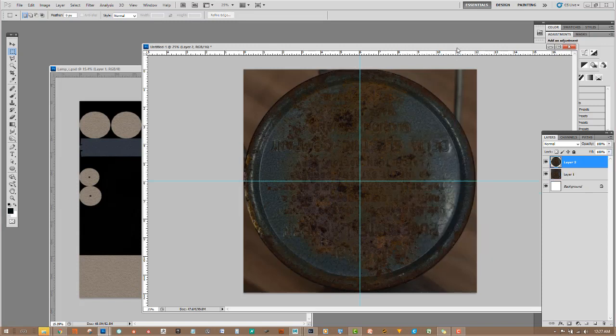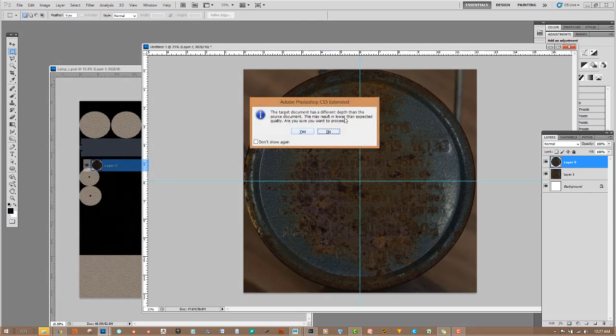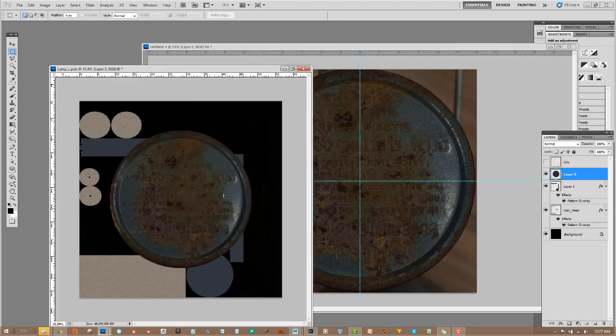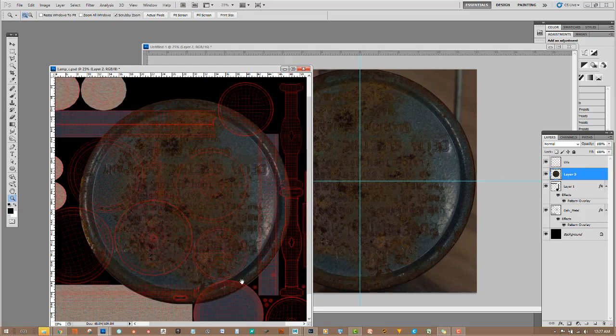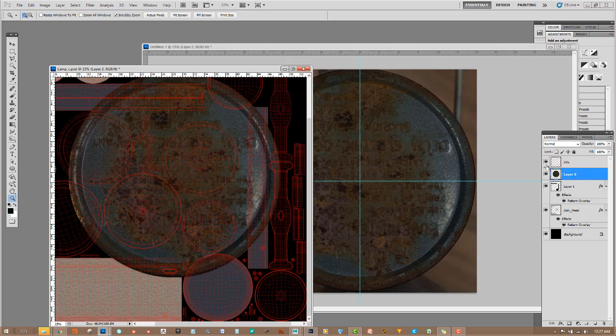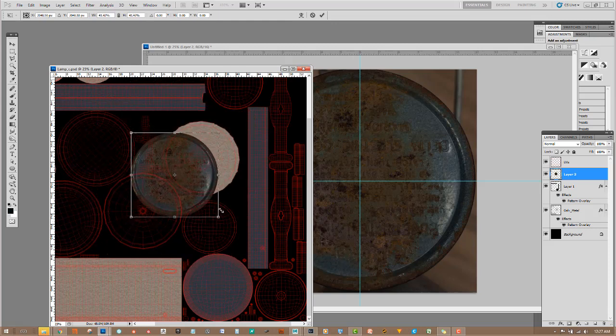So now we only get this circular area. Hold shift, drag it into here. It says that it's a different resolution or bit depth, and that's fine. So just hit yes. So now we're in here, and we want to find our area that we have here. So we can turn our UVs on. So we hit Control T to transform this. Hold Alt and Shift together, and you can actually drag it